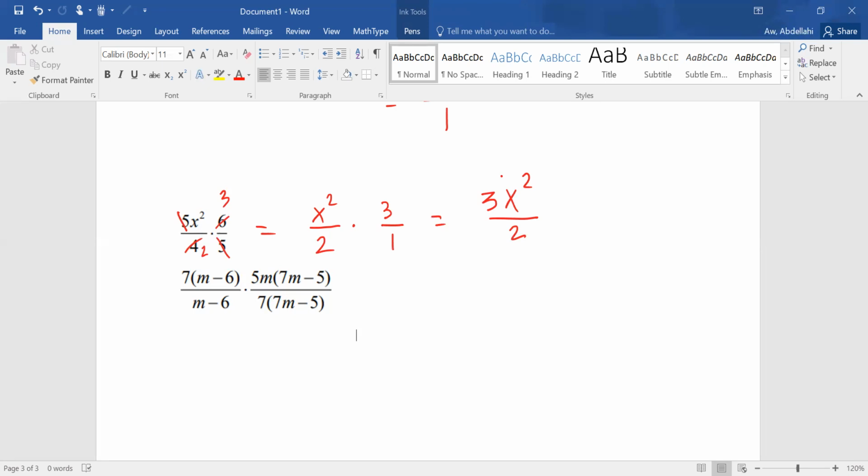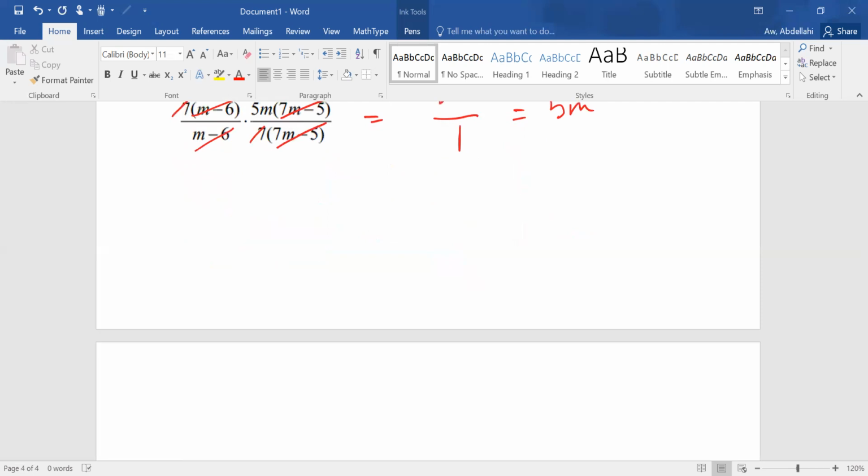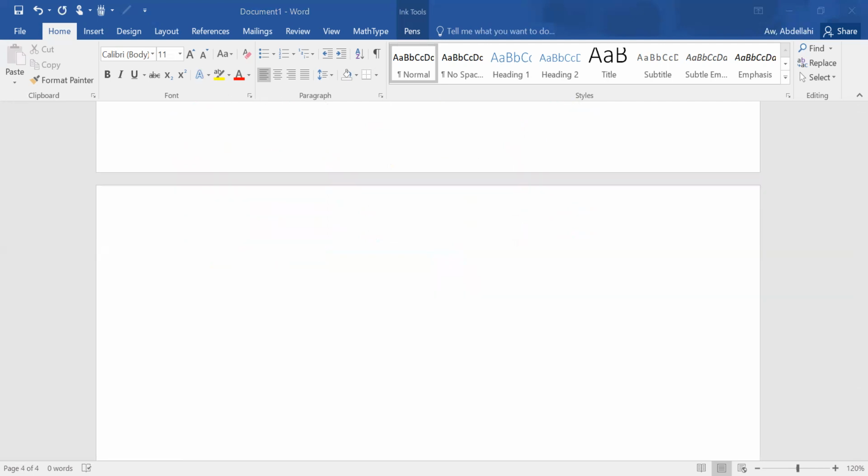And then, the one after that, I think we have a lot of stuff you can cross out, right? You can cross out the m minus 6's, right? We can cross out the 7m minus 5's right here. And we can cross out even the 7's, you see? So what you have left at the top is 5m. At the bottom, everybody's gone, so it's over 1, which is 5m. Okay? So these are the very first examples, so the factoring is not really an issue. But in the next examples, we're going to do some factoring first, and then we're going to do some